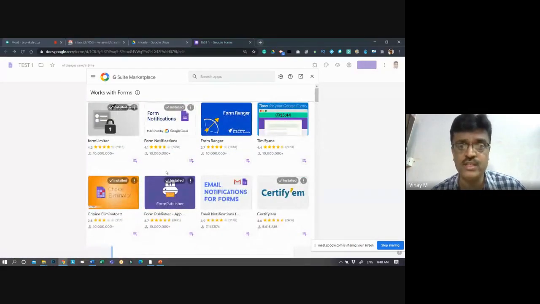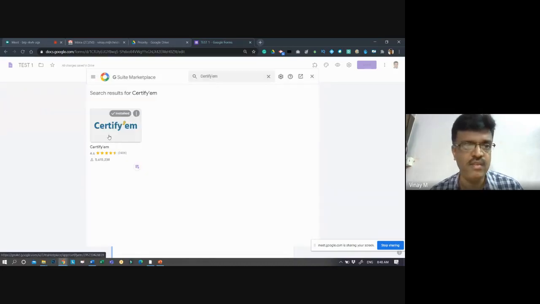So anytime you want to install it, click on this, come here and type the name of the extension which you want to do. For example, Certify-M. See, the moment you click that, Certify-M will come. I already installed, that's why install comes. Otherwise, you click here and install it, it works. Then I want form limiter. Say form limiter, no space. Yeah, form limiter, just click, it will be installed.